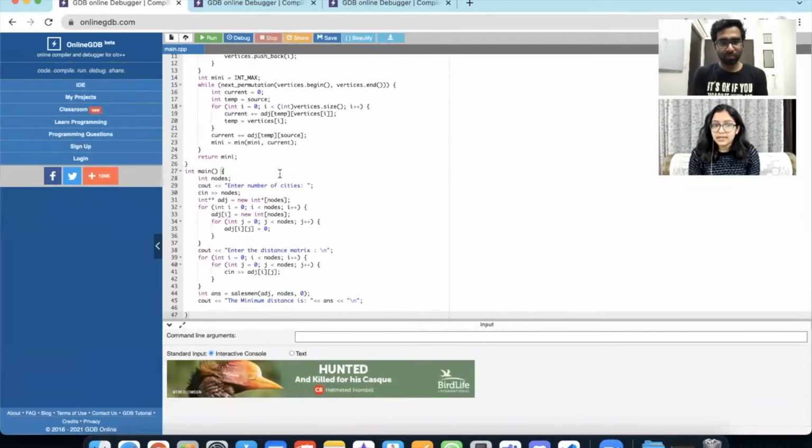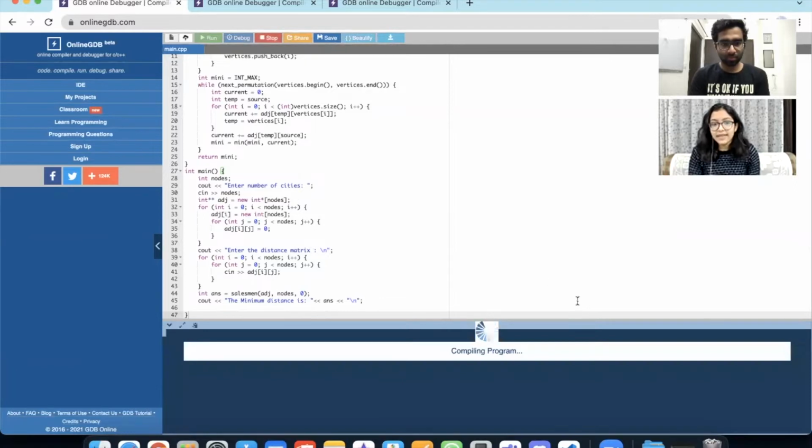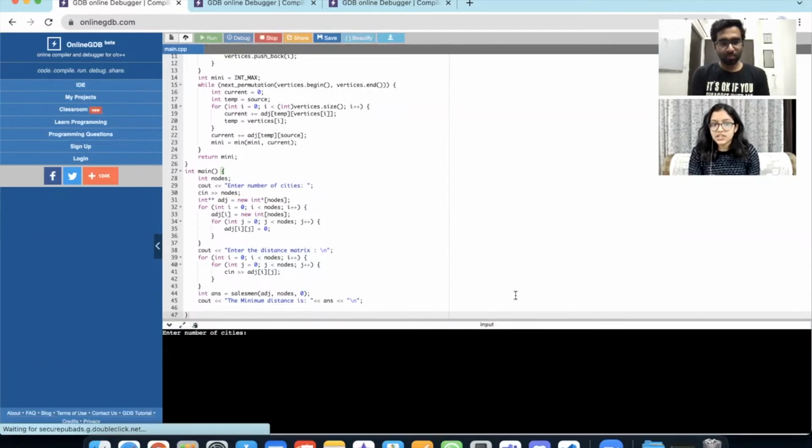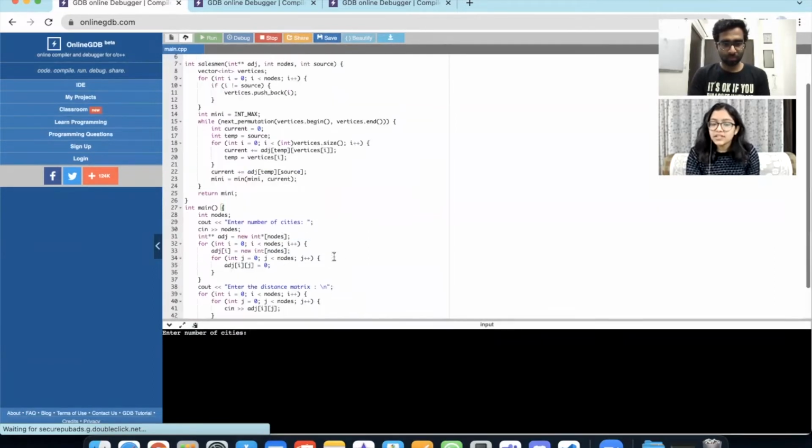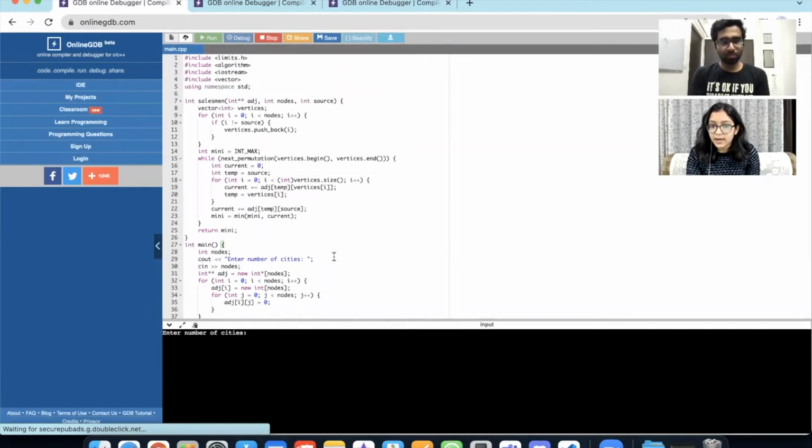In the function main, we take input of the number of cities by the user and then create an adjacency matrix initialized to 0. We then take the distance matrix as input. Then we call the function salesman to compute the shortest path and pass the adjacency matrix, the number of nodes,